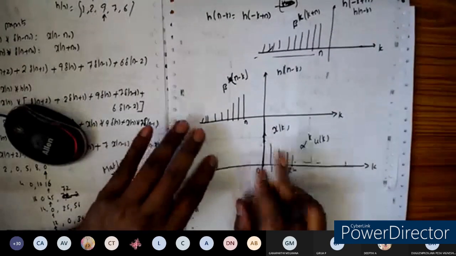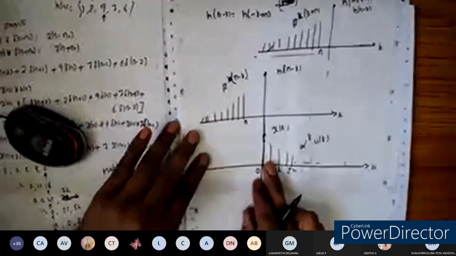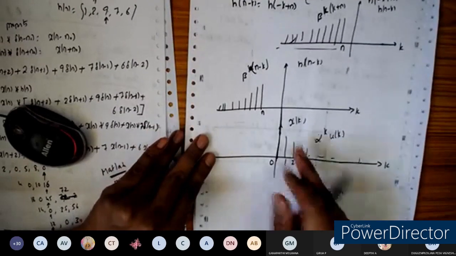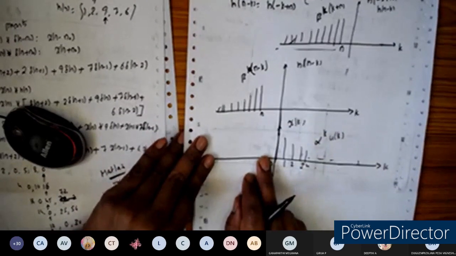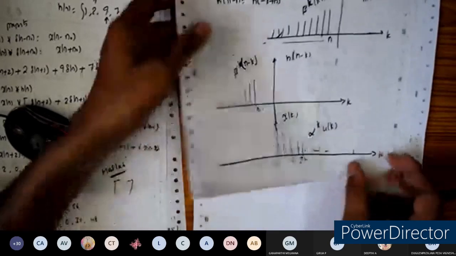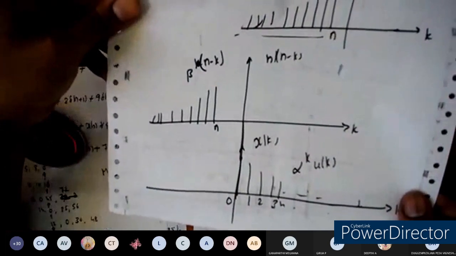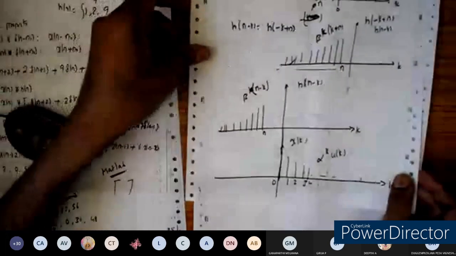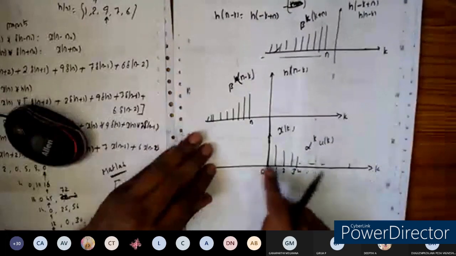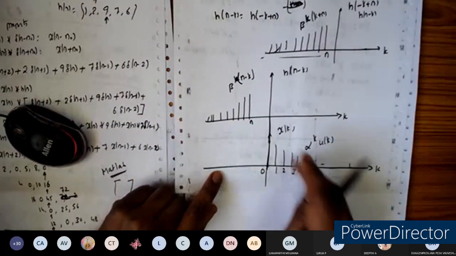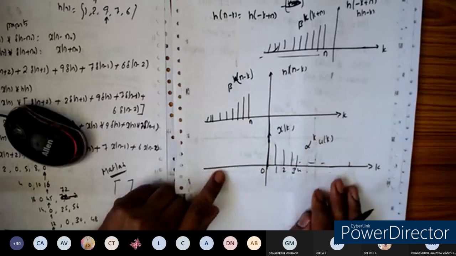Okay, so got it now? Any doubts in drawing the waveforms? Because drawing the waveforms is very, very important here. Later, taking the cases is very easy. Video clarity is there, right? It is there, I guess. Yes, sir. Clarity is okay. Any doubts in drawing the waveforms? If you have any doubts, I will explain once again, because drawing the waveforms is very, very important here.